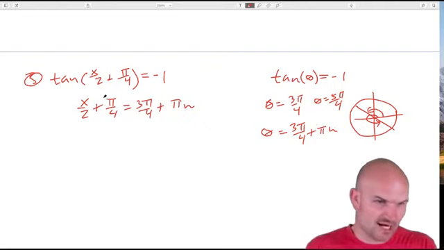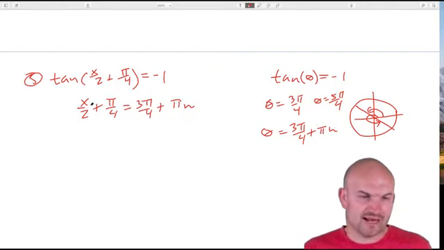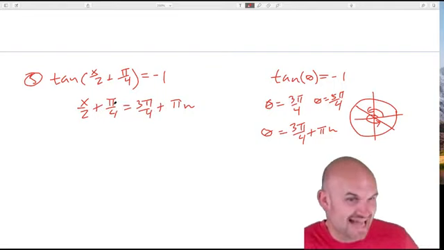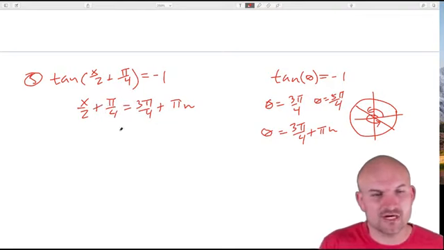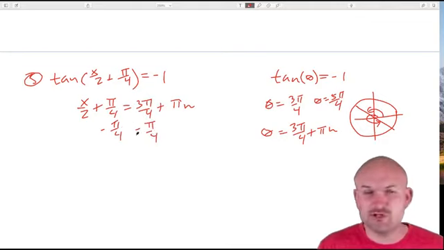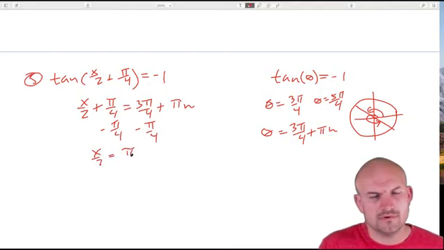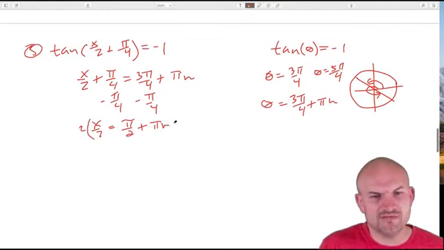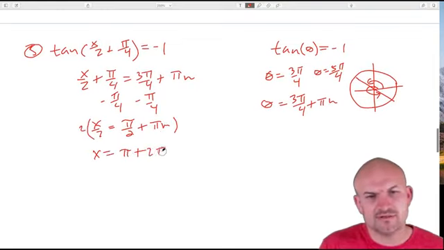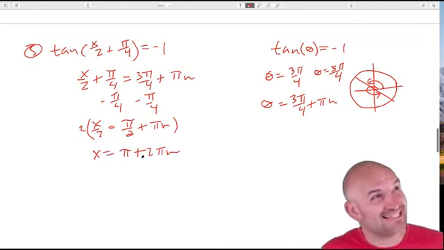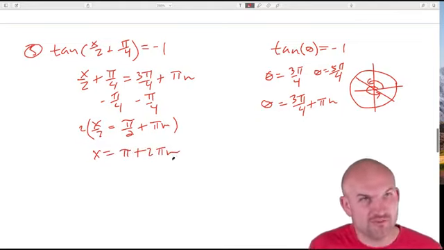So what we're doing is, instead of writing theta, we're going to write x over 2 plus pi over 4 equals 3 pi over 4 plus pi n, which is the same solution. Now we're basically just going to solve for x. So we'll subtract pi over 4. That's going to leave me with 2 pi over 4, which is pi halves, plus pi n. And now you can just multiply everything by 2. So x is going to equal pi plus 2 pi n. And if you had pi plus 2 pi n, I believe